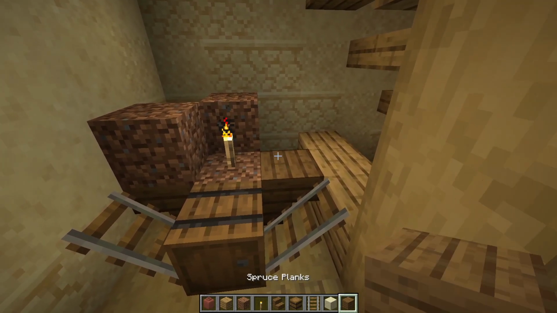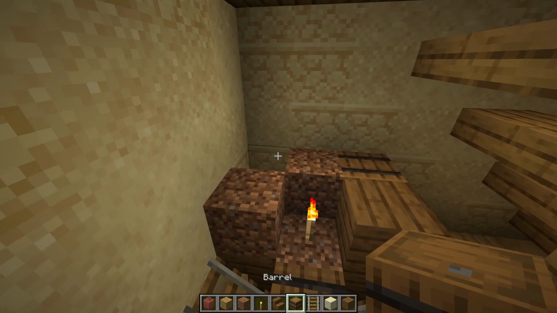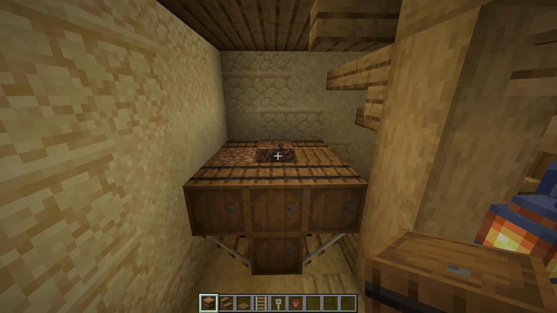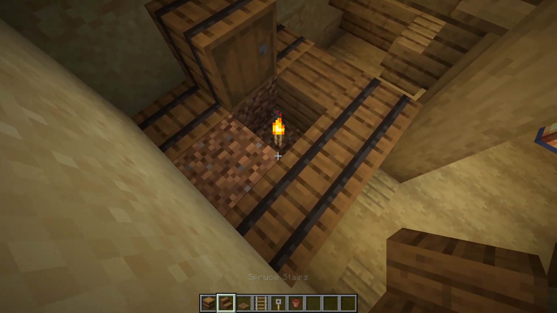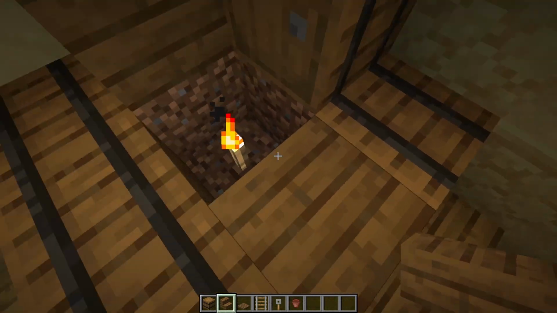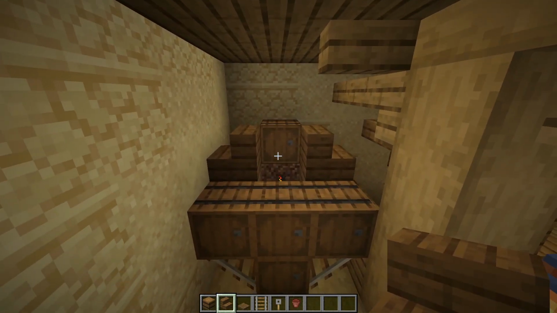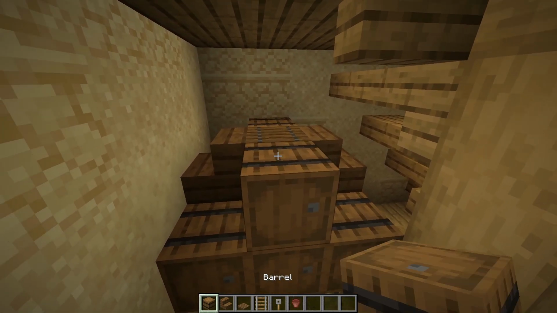On top of this stair, we'll do some spruce planks. Then we'll do a barrel up the back there and another one. And they will have barrels in front and 1 against the torch. And then we can do another barrel right there. Then you'll have to get up the top here and try and place a spruce stair like that. And this one is going to be super tricky. You might need to crouch to place it. There we go. And then we can put a spruce trapdoor in the middle, hold shift, do a barrel against